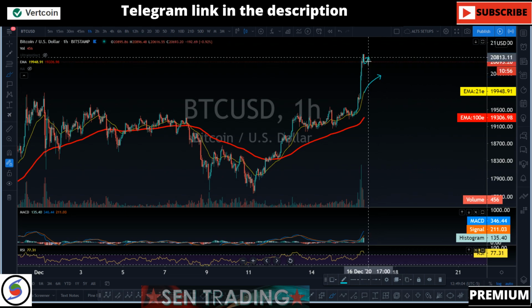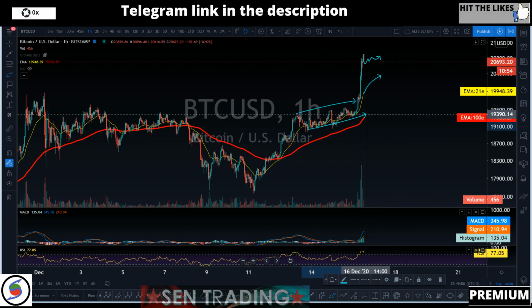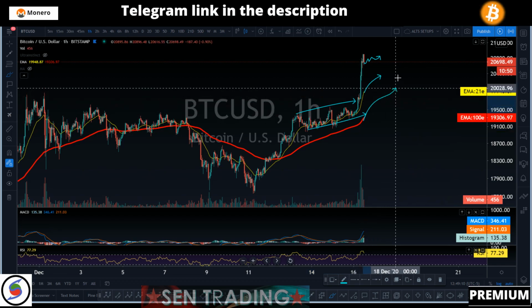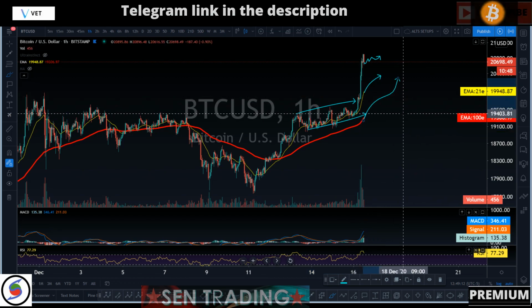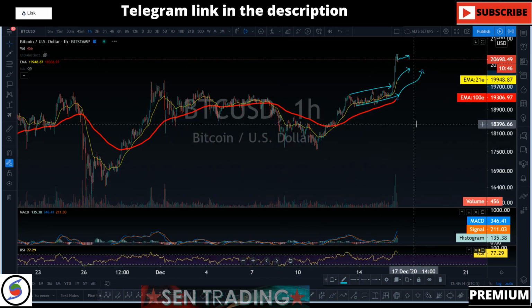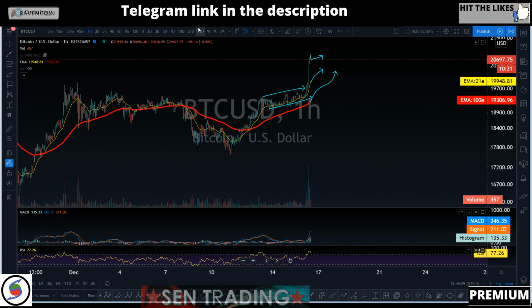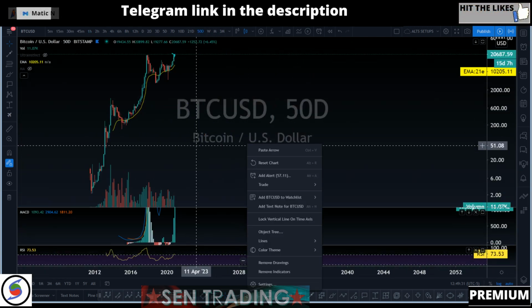If we get any sideways correction just like that, most likely the hourly 21 EMA is going to support the price, and your 100 EMA is going to be right there if you're scalping and day trading. But once again, guys, it is very, very dangerous right now. Even though the macro scale is saying Bitcoin is in a bull market, it does not mean it's not going to dip down. As you can see on the 50-day candle,